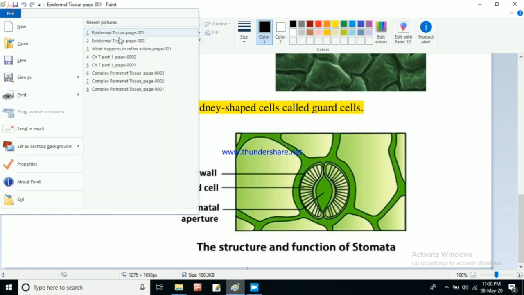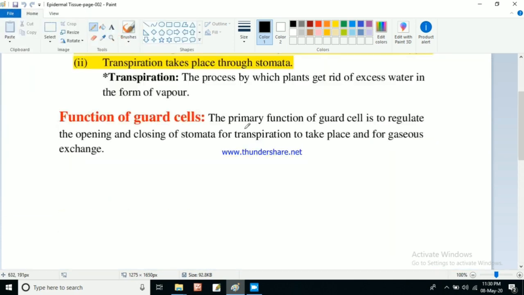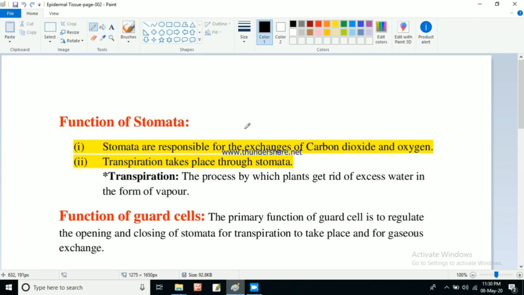So if you have any confusion, any doubt, you can ask me, and I will give some questions that you will write. So what will be the questions? I hope you know. The questions will be: what is epidermal cells, explain about epidermal tissue, and what is stomata, and write the functions of stomata, and what is guard cell, and write the functions of guard cells. And what is transpiration also. So these are the few questions that I will add.